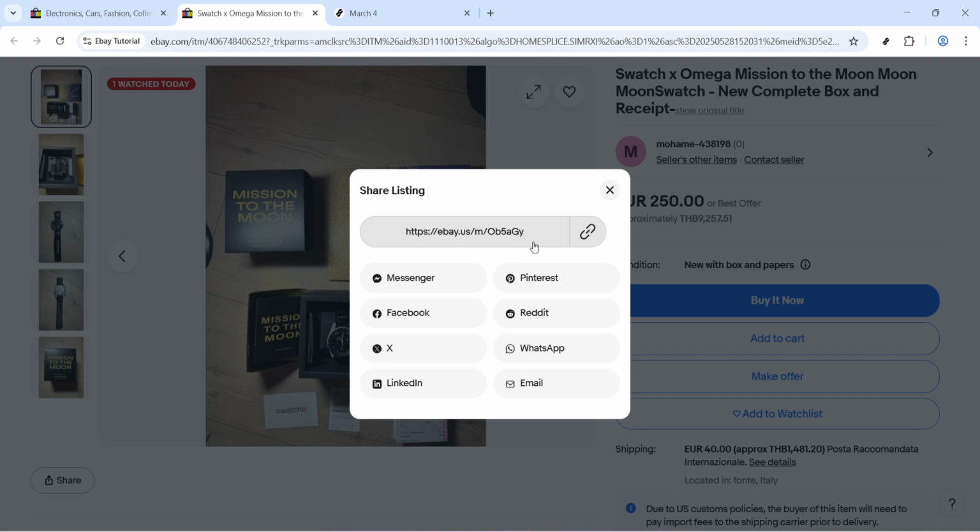Add a clear, concise caption that highlights the key benefit, such as condition, standout features, or a time-sensitive price, so people know why they should click. If your goal is reach, include relevant keywords and tasteful hashtags. If your goal is quick action, add a short call to action, like tap the link to see photos and